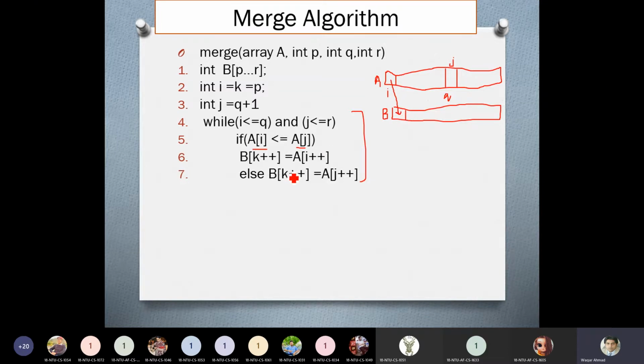And if this is not true, in the else part, A of J will be transferred to the B array.